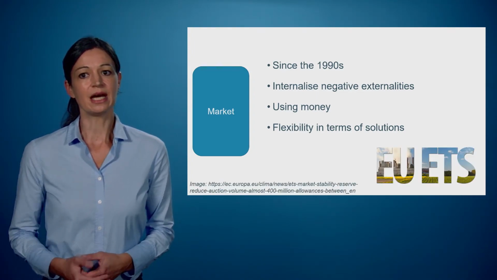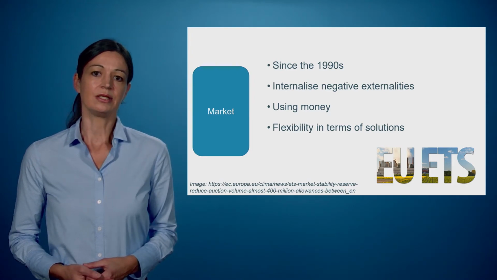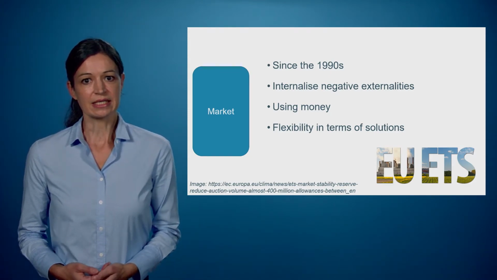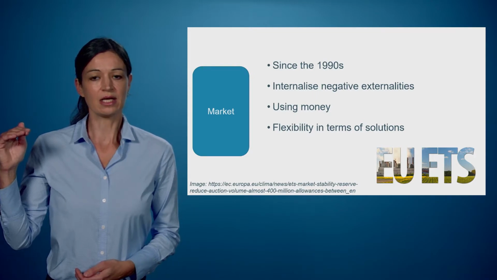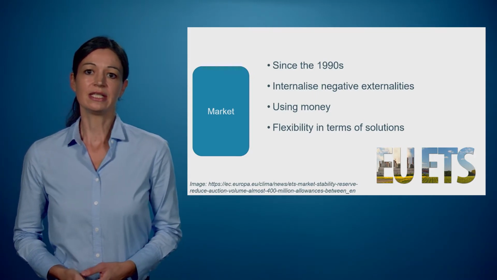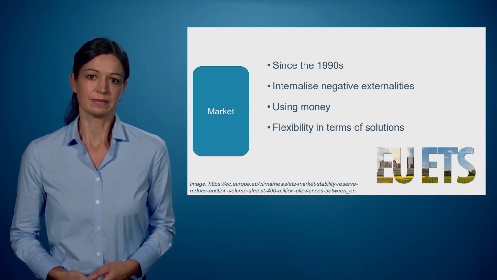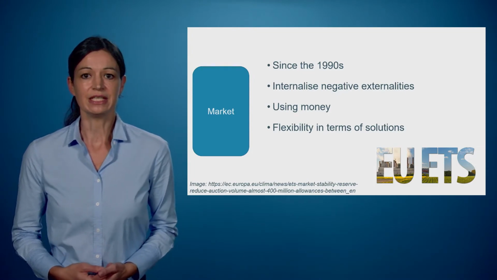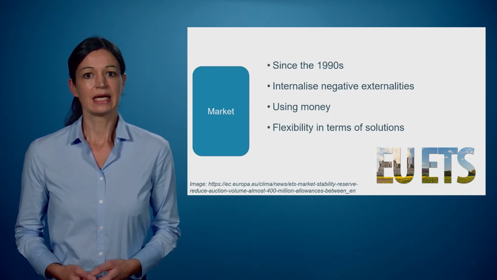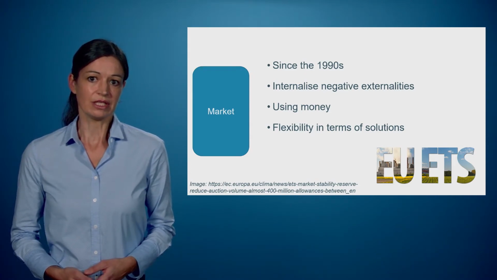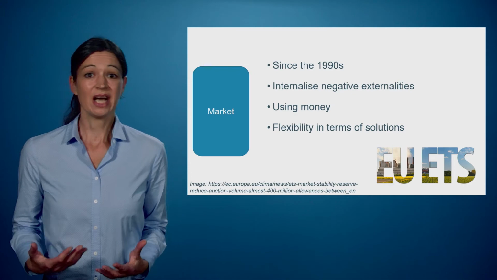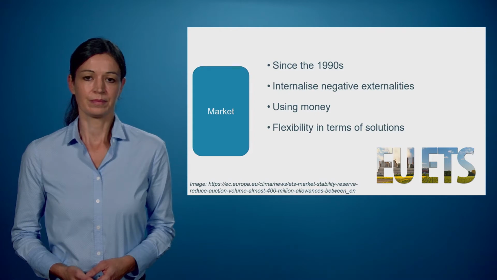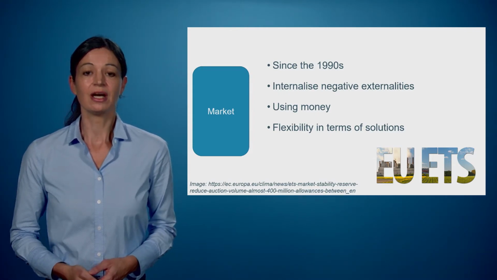The most prominent example of a market-based climate policy in the European Union is the emissions trading system. The EU ETS sets a maximum limit for greenhouse gas emissions for large industrial installations and electricity utilities. Companies must submit allowances for their emissions every year. The allowance price has varied quite a bit over the history of the ETS, and therefore whether it has triggered sufficient investment in low-carbon technology is questioned by some. But the overall emission reduction has certainly been achieved.